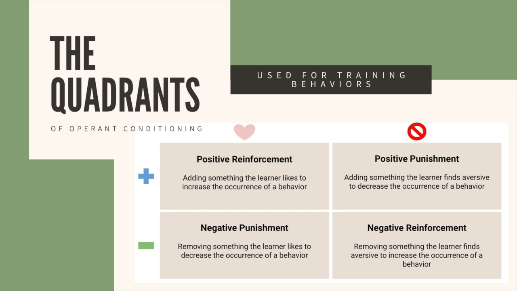Then we move up to positive punishment. This is adding something aversive to decrease the occurrence of the behavior. So let's say your horse bites you and you smack him in the face. I see that all the time. Smacking the horse in the face is meant to be punishing to stop the horse from biting you. Whether or not that works, we will talk a little bit more about later, but that is the theory behind